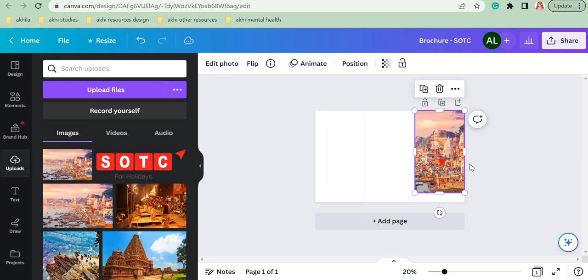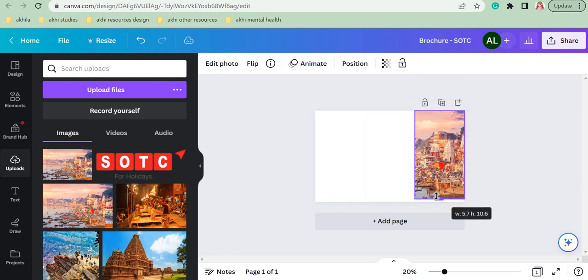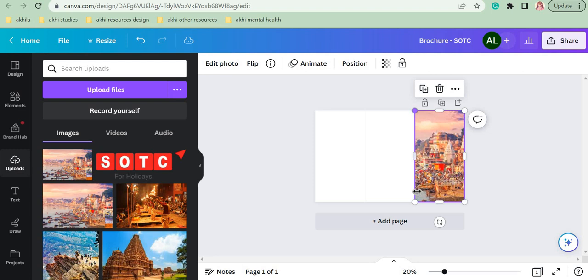It is the same for any element, any photo, whatever you use in Canva. These anchor points work in the same way. So now I have filled the photo in the entire page. It's okay if some part of the photo is getting cut, no problem. You can leave it like that. Don't worry. So this is done.